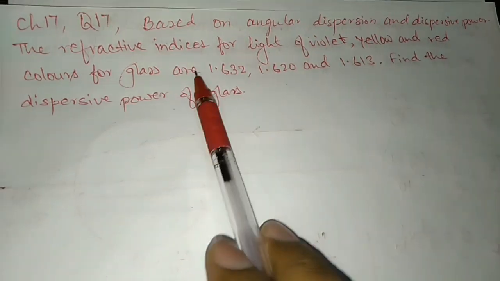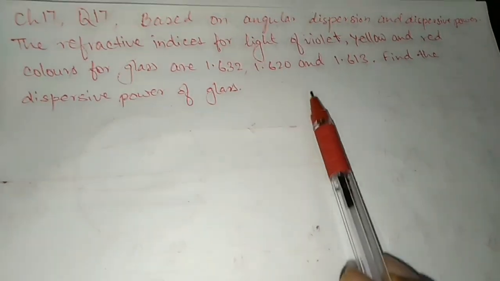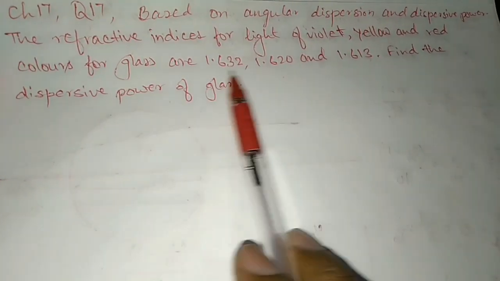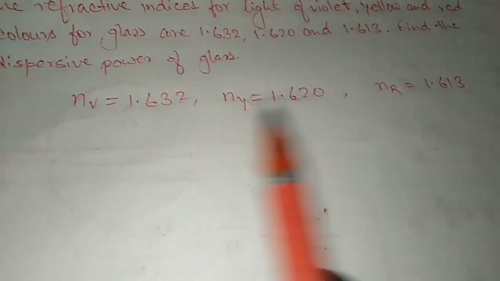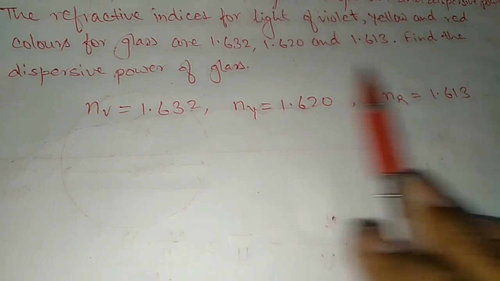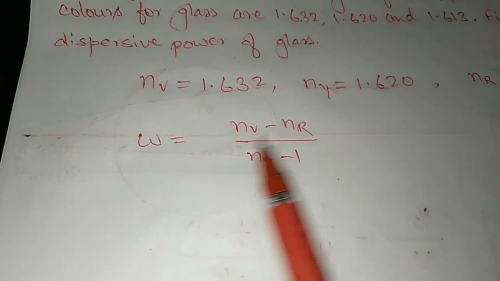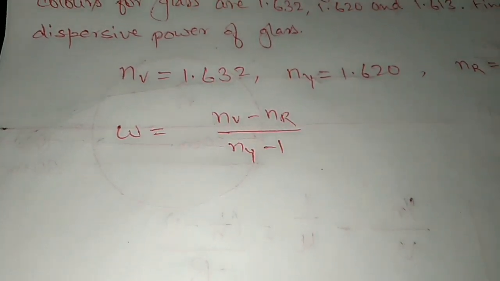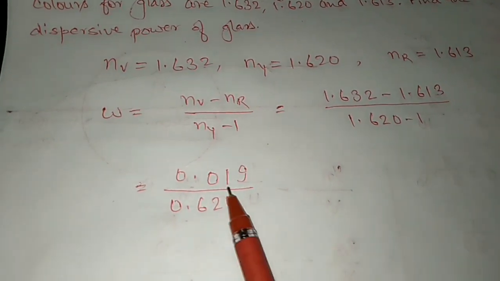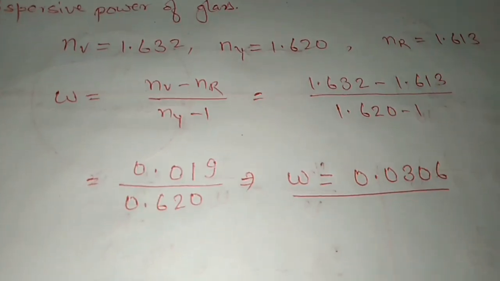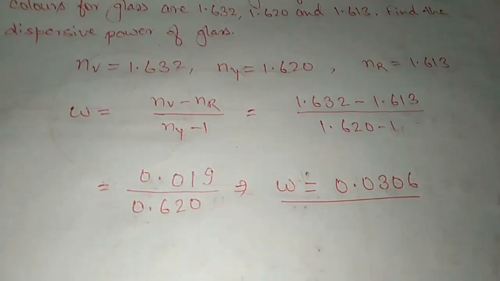But we have to calculate only the dispersive power, and we know that in dispersive power, the angle of prism cancels, so there is no need for the angle of prism. These are the values given in the question asking for dispersive power. Let's write the equation. The equation of dispersive power is nv minus nr upon ny minus 1. Let's fill the values. After filling the values, further solving gives you the value. This was a question of 2005